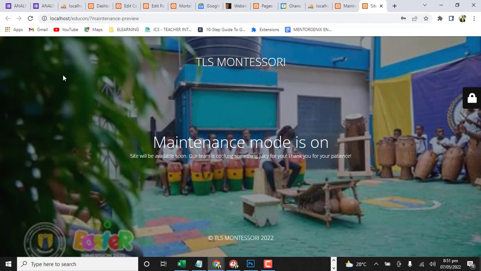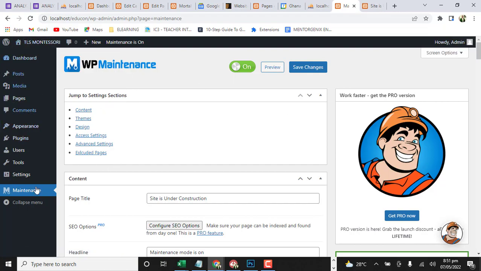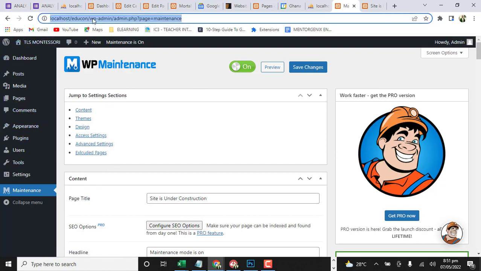So you see now I'm using the school's image. So this is the maintenance mode. Now, when you are designing here, because you have logged in as an admin, you can come to the back end and design. But when you give out the website link, localhost/educom, assuming you've bought a domain and you are working with it on that domain, let's open an incognito window,